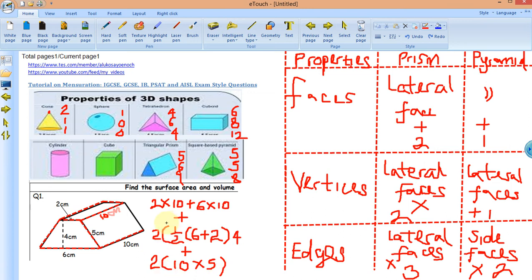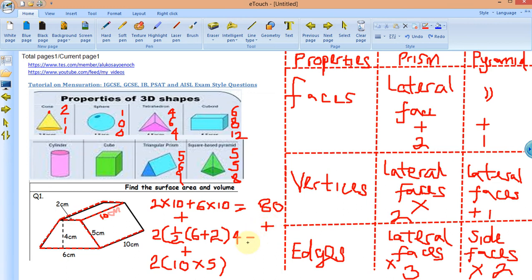Can I just get my calculator here? I don't want my board to mess up. So what is 2 times 10? 20. 20 plus 60 gives us 80. So I have 80. This is super slow. Okay, 80 plus,